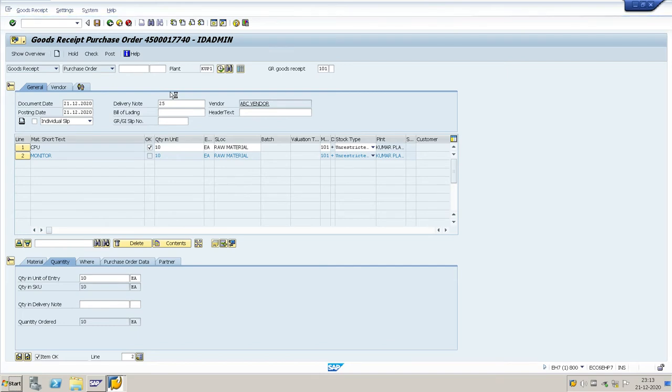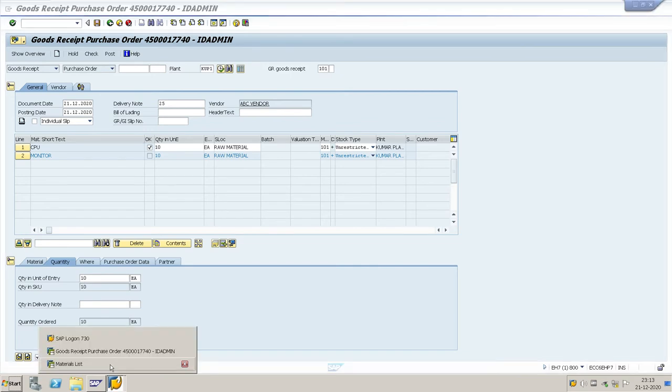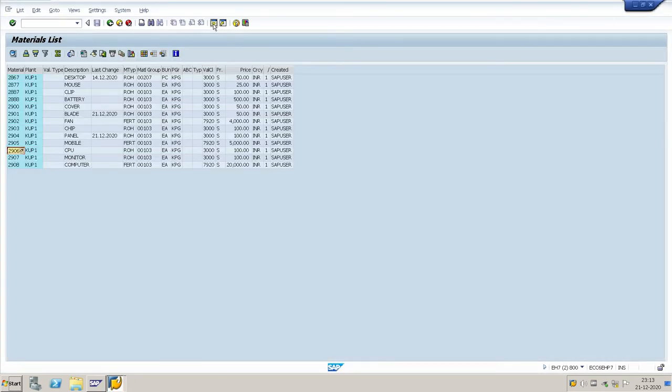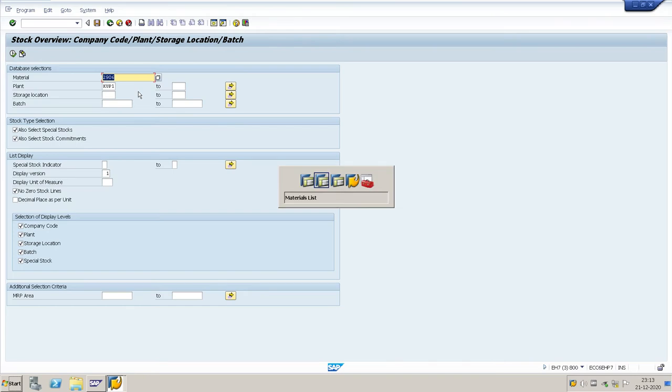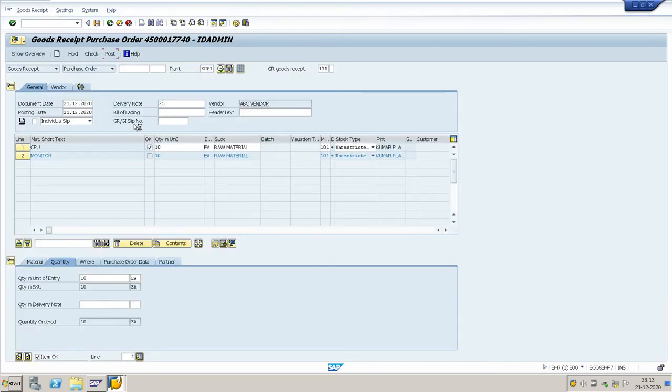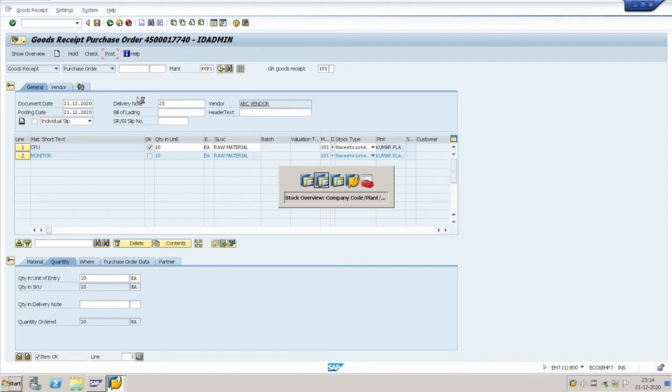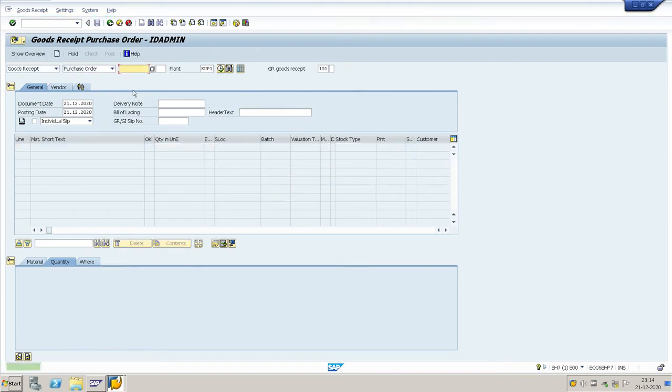After GRN completion, we'll check the system stock using T code MMBE. The GRN is completed. Now check the system stock.